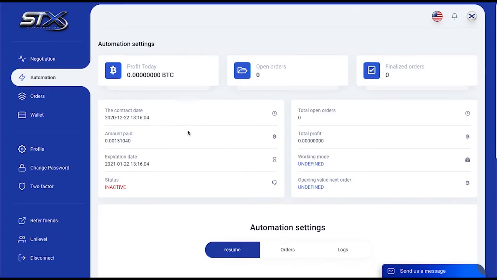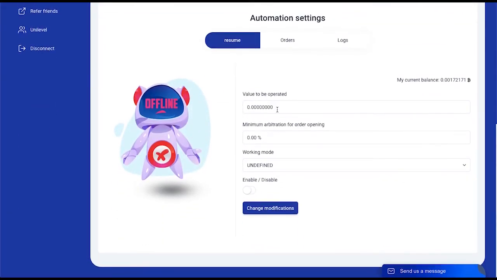After viewing the entire panel, scroll down until you reach Automation Settings. There you will configure your robot's characteristics such as value to be operated, minimum percentage for your robot to execute the order,